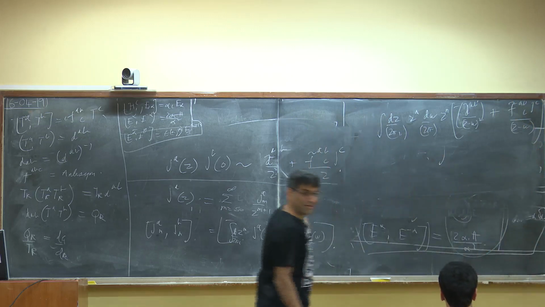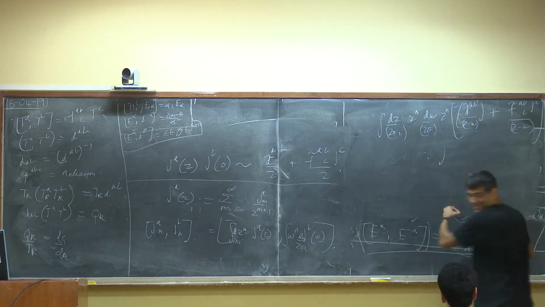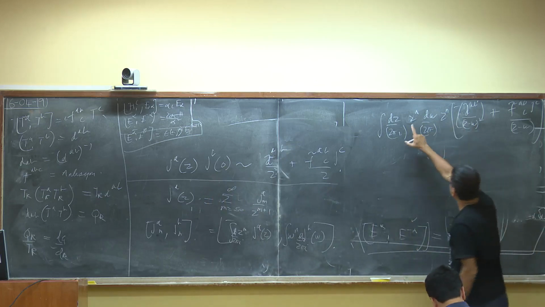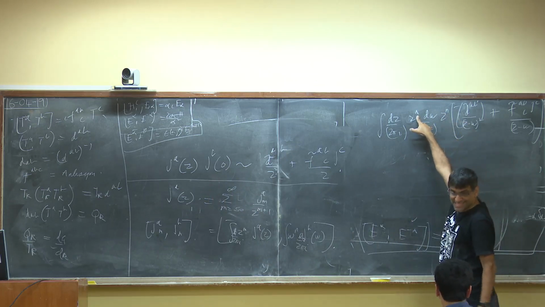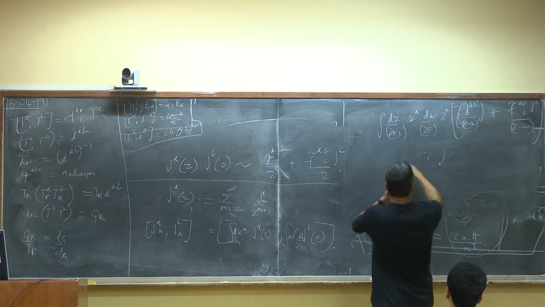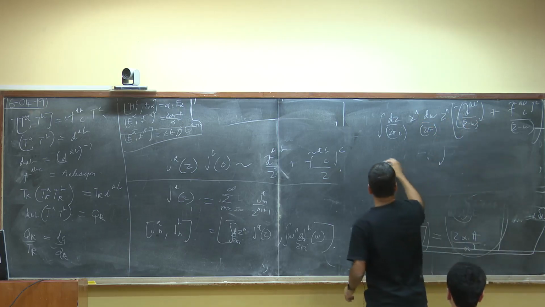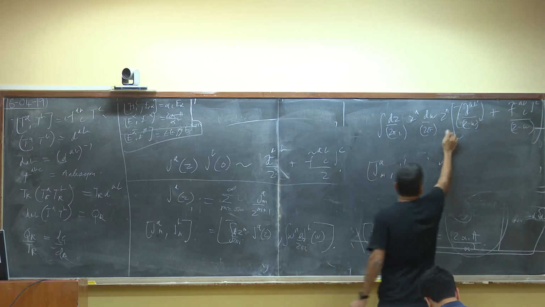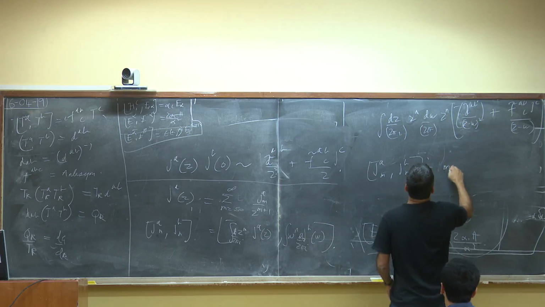Then we do the contour integral of z around w. We do the usual thing. We do this contour integral and then integrate around w. When we do this, we need to pick up the pole. So we have to Taylor expand this. So we get a factor m. So what we get is m, and then what's left is just identity. So we get [J^A_m, J^B_n] is equal to m times